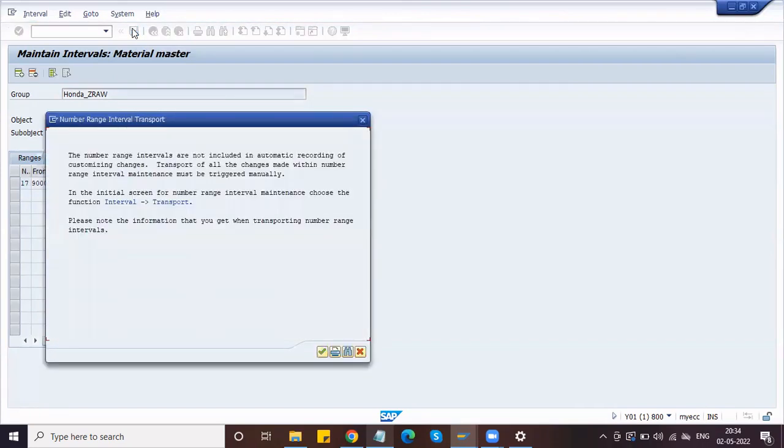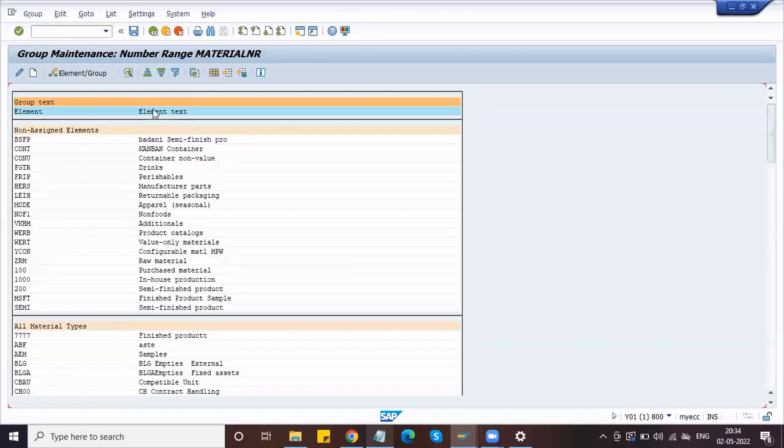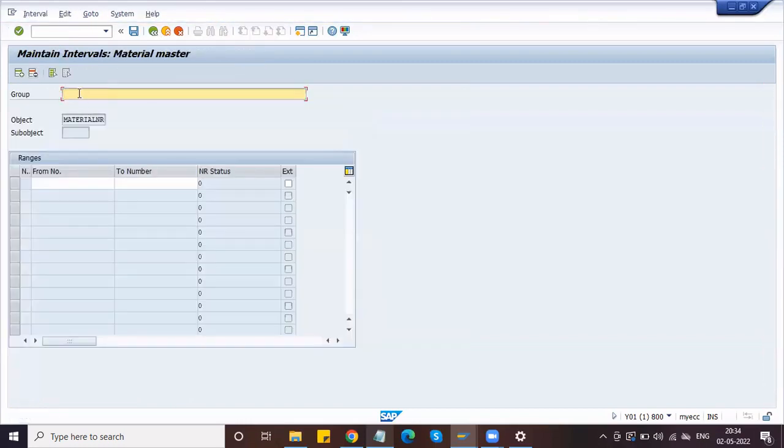But in real time, what happens? I already told you that 1 series is for raw materials, 2 series is for finished materials. Like that, we maintain. The data was saved. Go back now. Now the finished material, Honda underscore, in ZFRT maintained, right? So we already know the last number range we maintained. So let us take from this number, from 2001